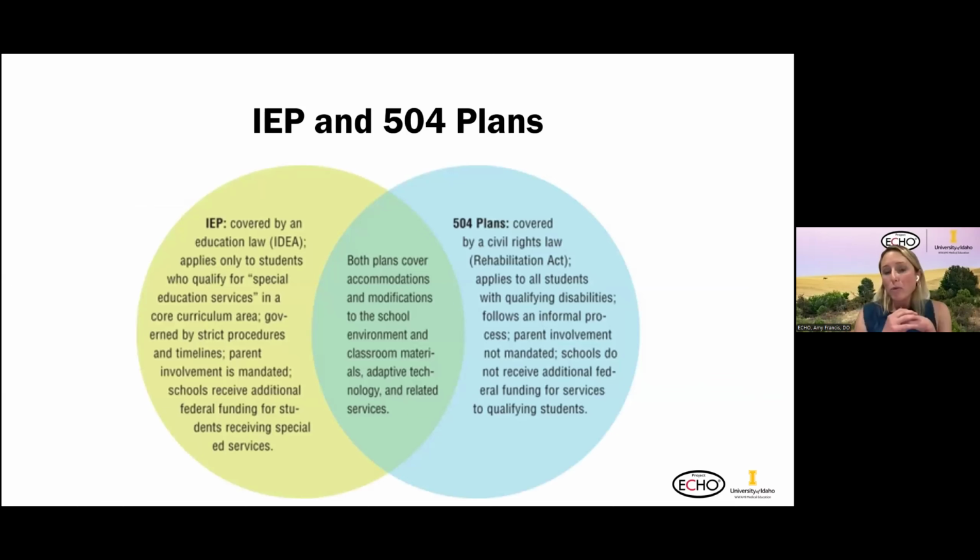So this Venn diagram shows where IEPs and 504 plans overlap. Both plans will have accommodations and modifications to the school environment, and provide different classroom materials that will optimize the child's learning experience. So remember, an IEP is going to be special education services, okay, and a 504 plan is going to be more of the accommodations in the classroom setting,